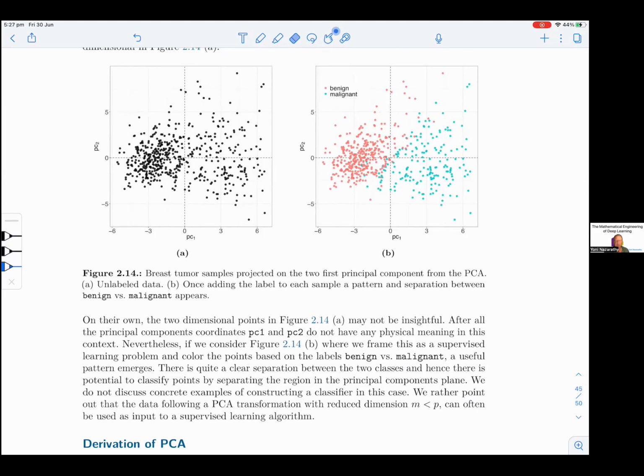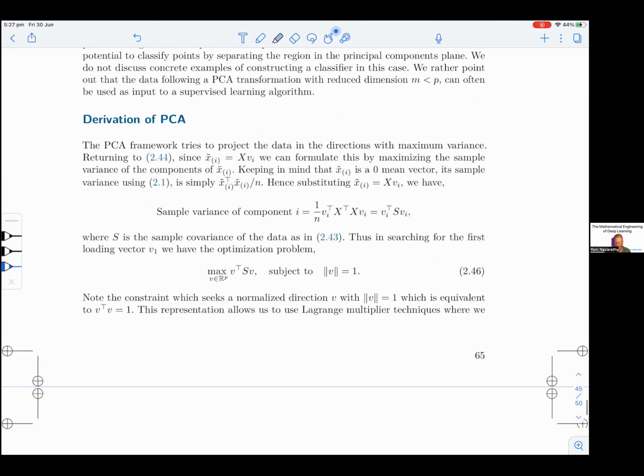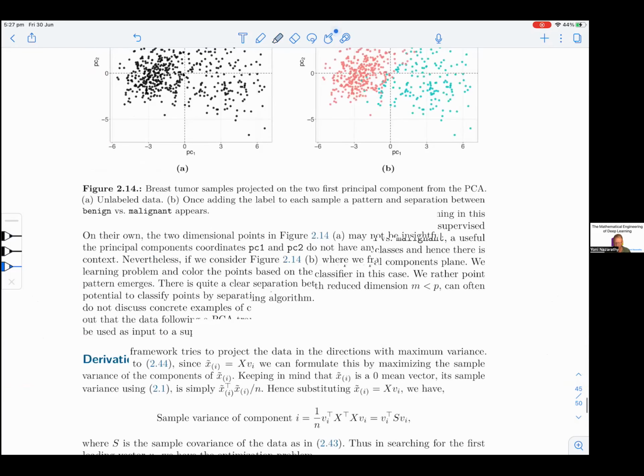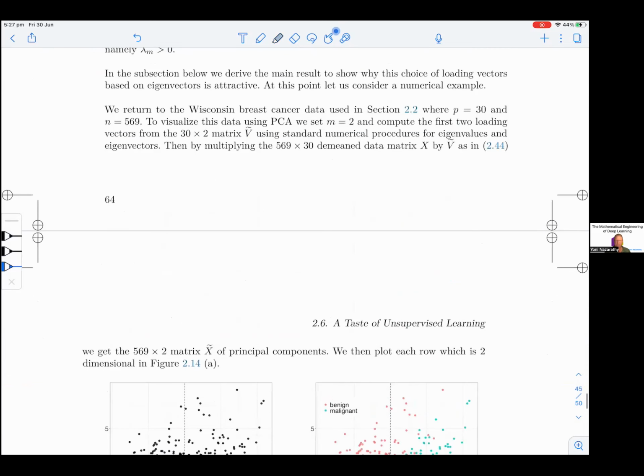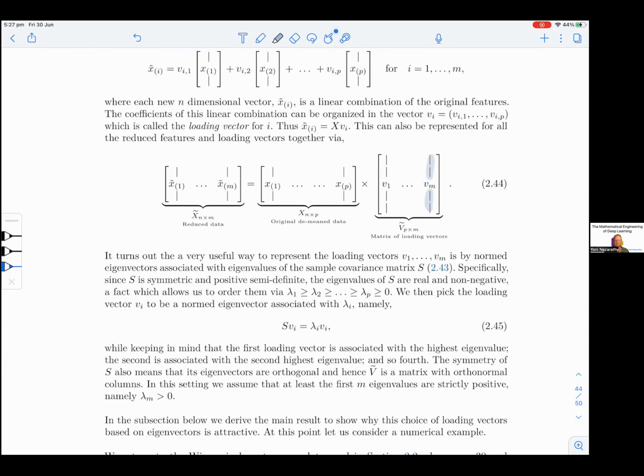Derivation of PCA. The PCA framework tries to project the data in the direction with maximum variance. Returning to 2.44, let's return a second to 2.44. So this was 2.44, up here. So you've got your X tilde, your X, and your V tilde. Returning to 2.44,